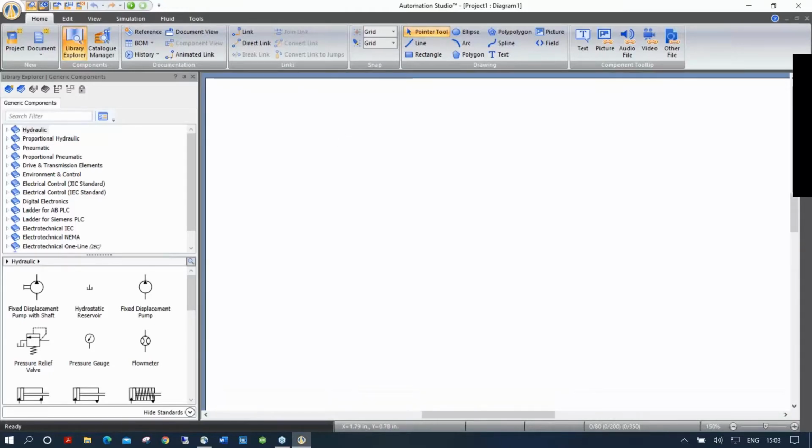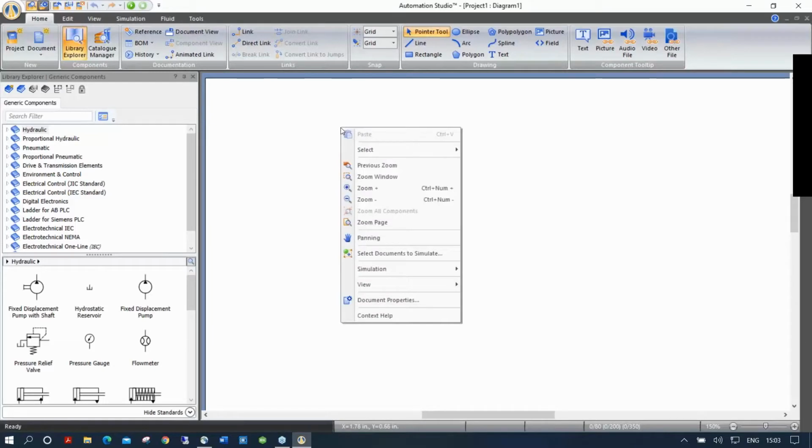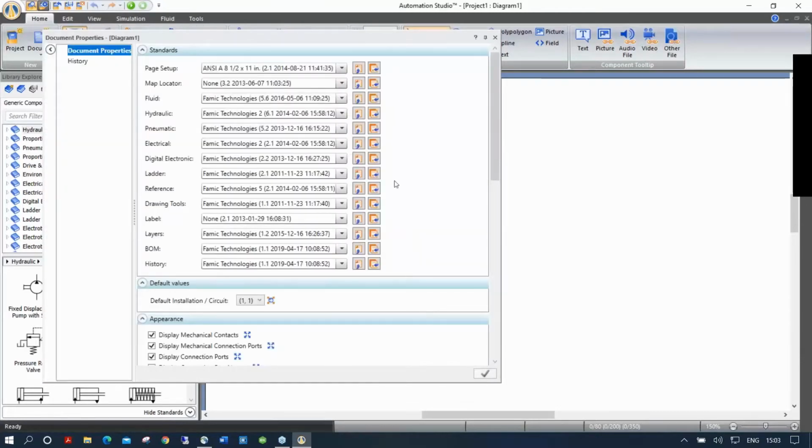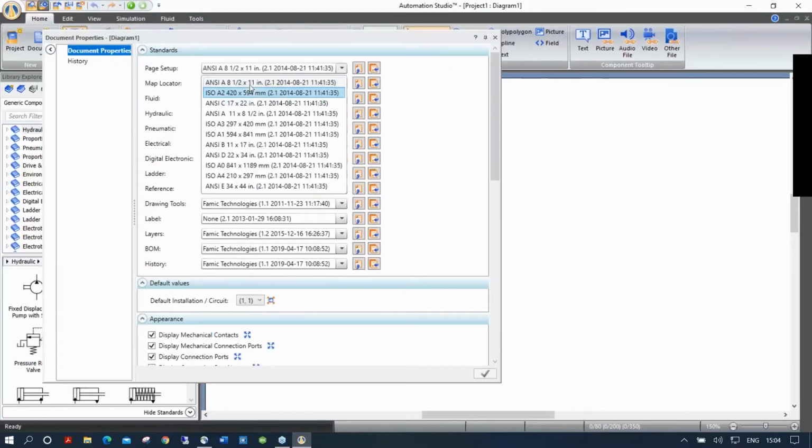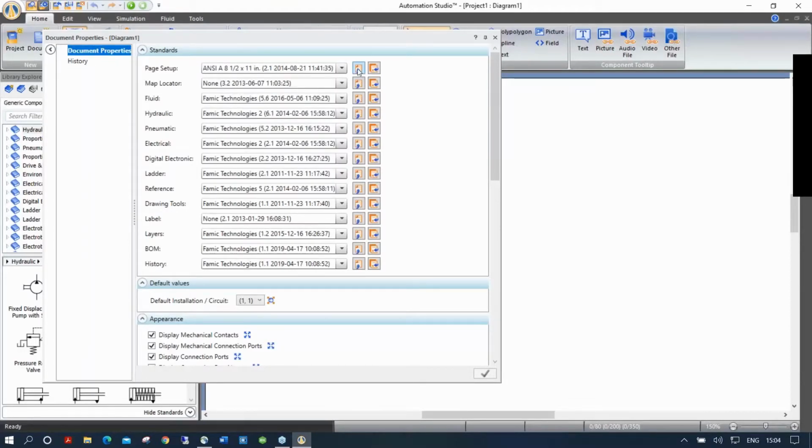And if you want to change the size of this sheet, how you can do that is you right-click on the white area of your screen, and you go to Document Properties. From here, in the page setup, you can select different page sizes, 8.5 by 11, 8.5 by 14, 11 by 17, and this is where you can change the page layout and also other page properties. If you want to change something, you click on this icon, open and modify, and this will open the entire